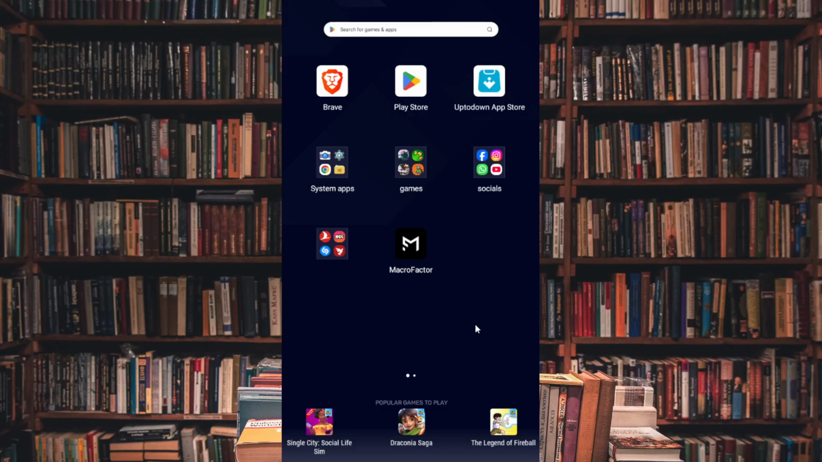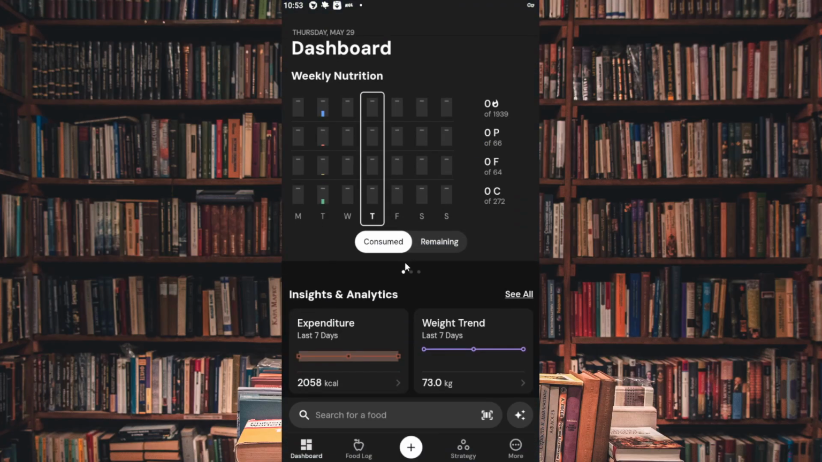In this video, I'm going to show you how to change the calorie targets in MacroFactor. So what you'll need to do first is simply go and download the application if you don't have it downloaded into your phone. If you do have it, just go and access that application. Of course, if you have an account, make sure to log into your account, and if you don't, go